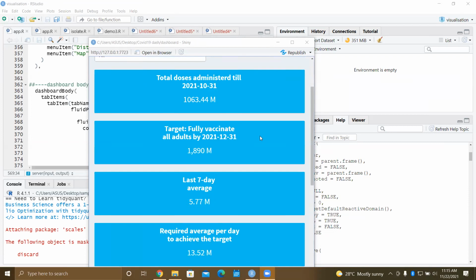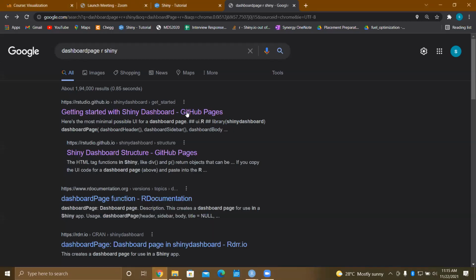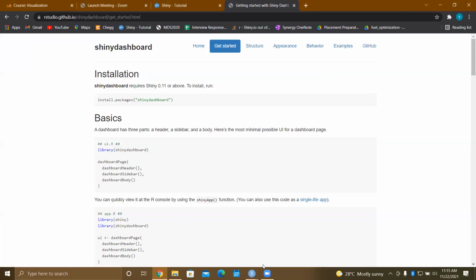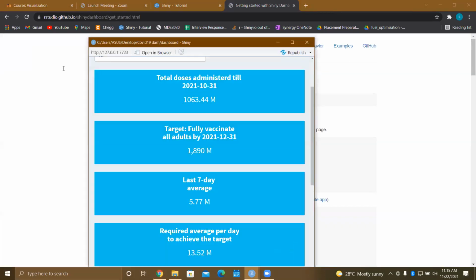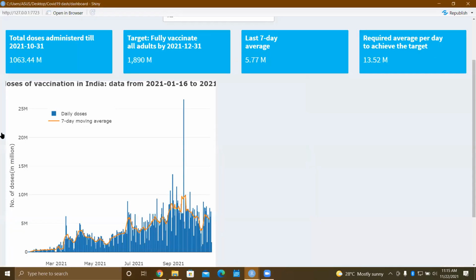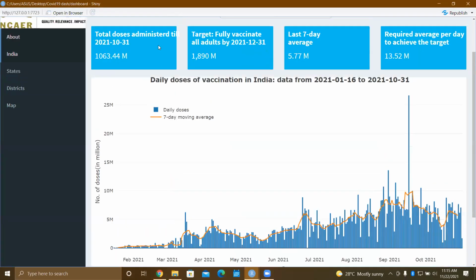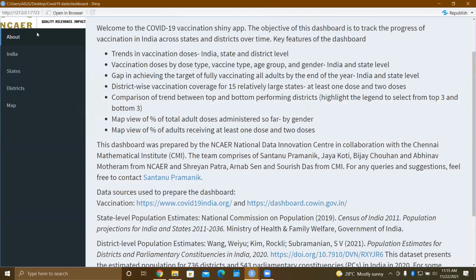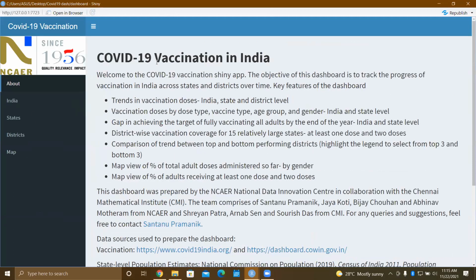Okay, so let me repeat it. The layout that I am using, let's go to the home page. This is the dashboard page layout. This is the head bar, this is the sidebar, and this is the main panel.